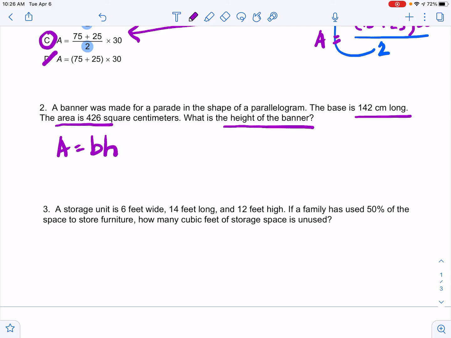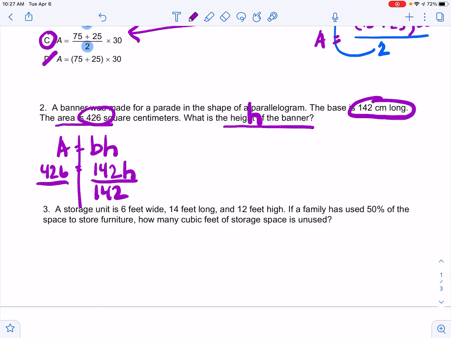They have given us the area. That's 426 is equal to, they also gave us the base, 142. The question, we are solving for H, the height. So we have a one-step equation here. We're going to divide both sides by 142, and that will equal H. So H is equal to